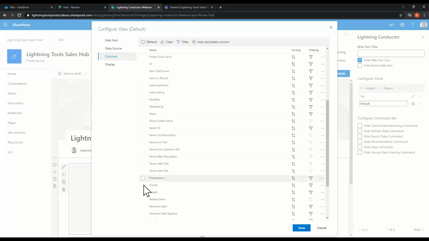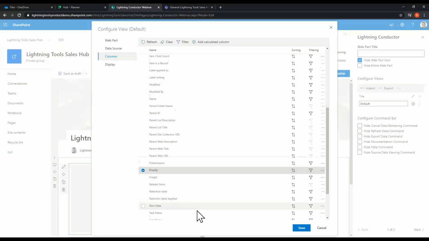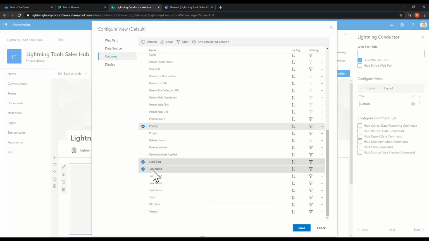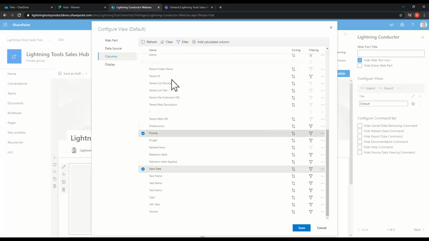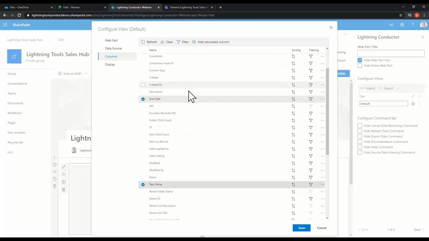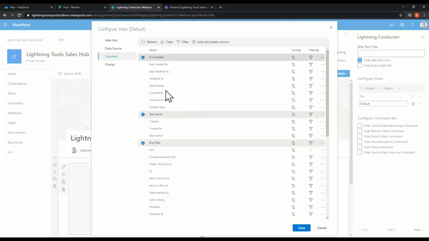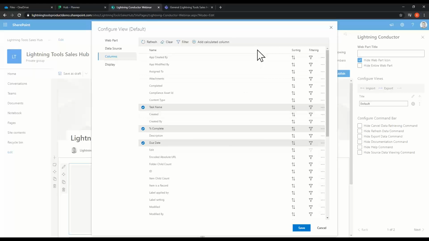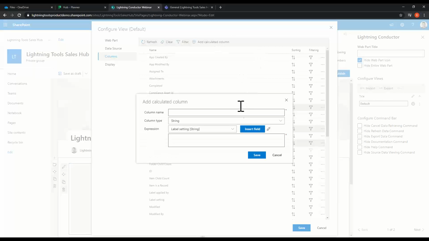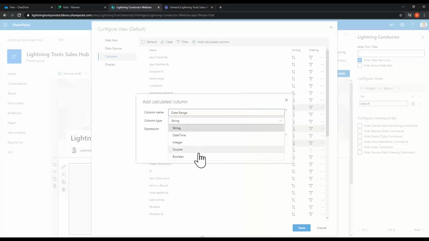And as you've seen, you can do all of this from the quick configuration, just showing you sort of an alternate way of doing that. So we can go through and grab these columns, drag them into the order that we want to show them in, and we can also build the calculated columns from here too. So it might be that I want to build like a date range. So that would allow me to see how many days I have in order to